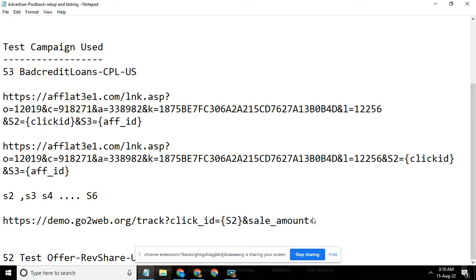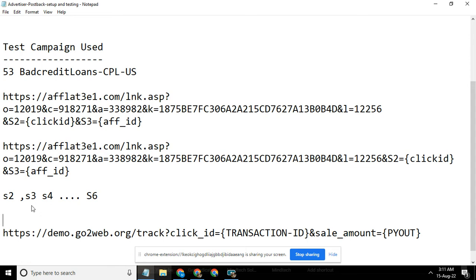This will be on the left hand side, and this you have to give like this. You just send it to them, and they will configure, replace it. Like, if you write payout here, they will change it with their variable. So here it is their transaction id or click id, transaction id, whatever, I am just writing it because they are going to change it. Okay, this is their parameter, and this is. So as you can see here, for our system,